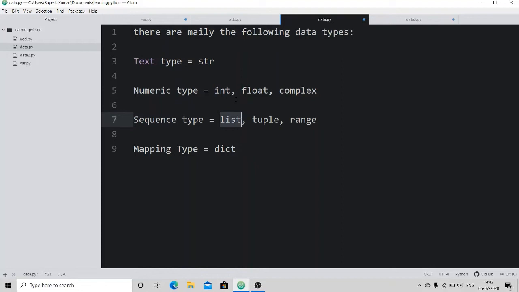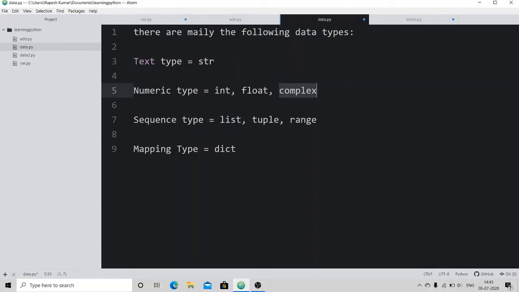The first 4 data types are clear to all, because they are quite obvious. String means a statement or a combination of alphabets. You can say a string is anything in between quotes. What is int? Int is the integer numbers. What is float? Float is the decimal numbers like 2.0, 2.5, etc. What is complex? We know that a + ib is a complex number.